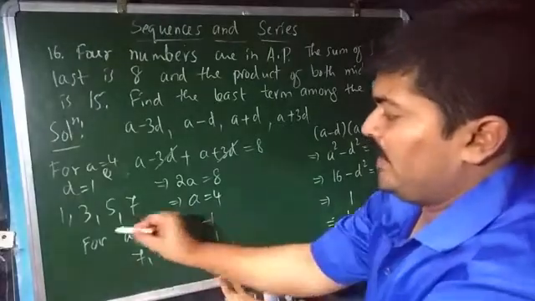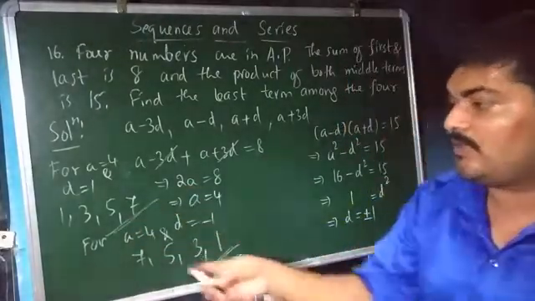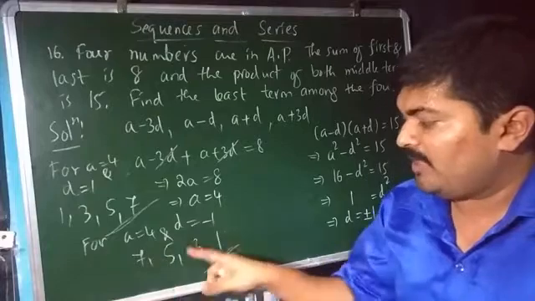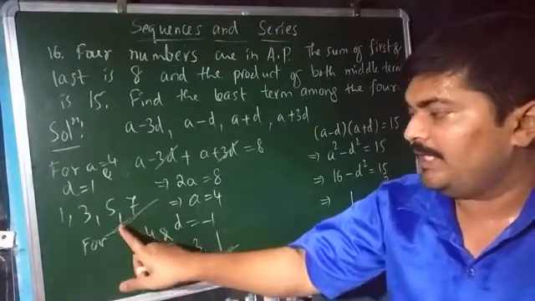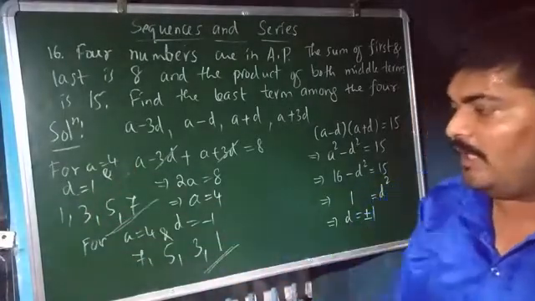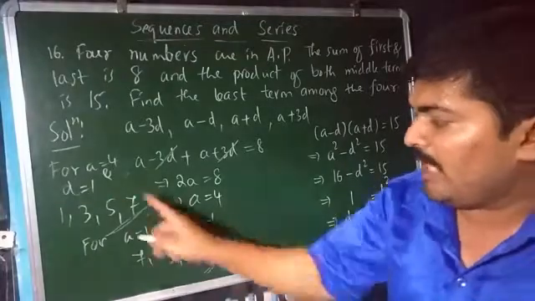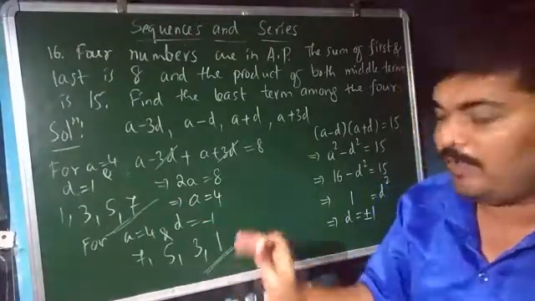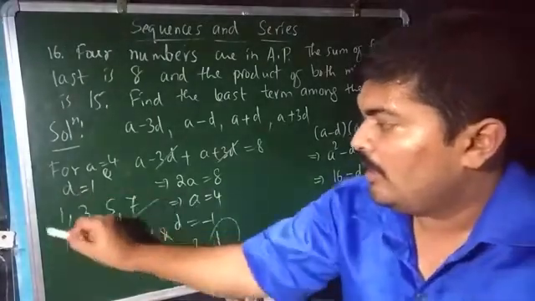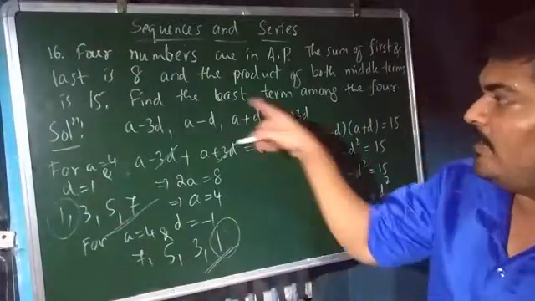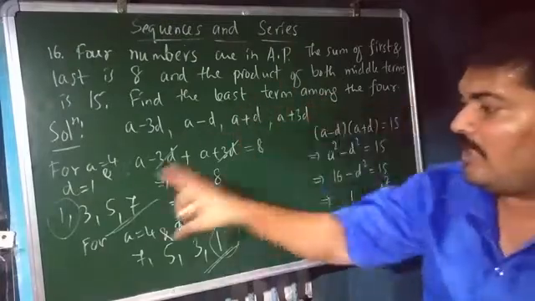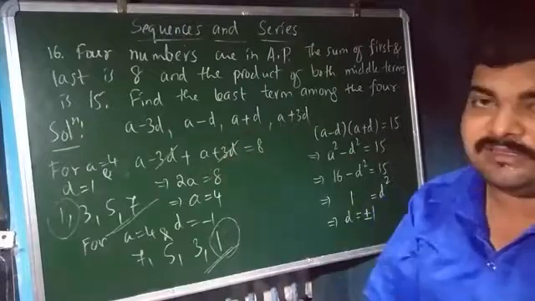See, in either case you have got arithmetic progressions like this. This one is the ascending arithmetic progression with common difference 1, and this one is the descending arithmetic progression with common difference minus 1. I hope all of you understood the solution of this problem. Now, amongst these two sequences, which one is the least element? That is equal to 1, isn't it? Therefore, the answer for this problem is 1. That is the least term among the 4 terms which you have got with respect to this arithmetic progression.